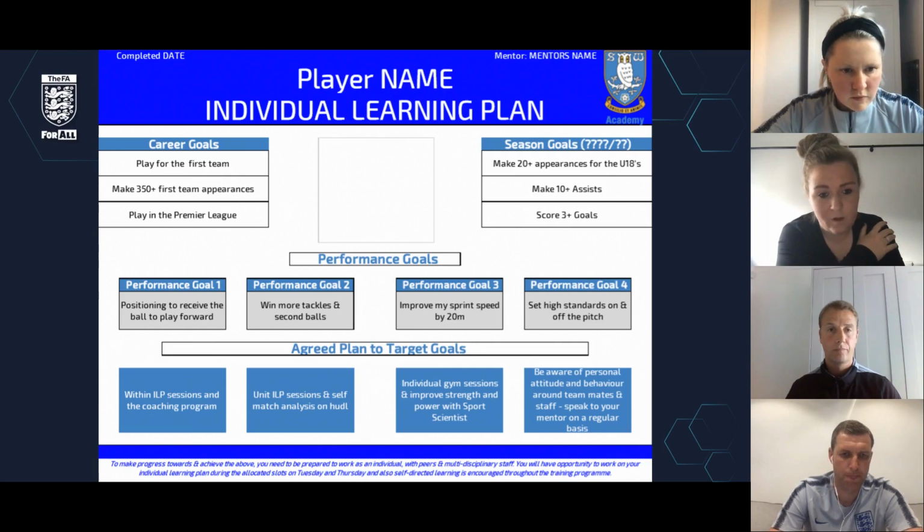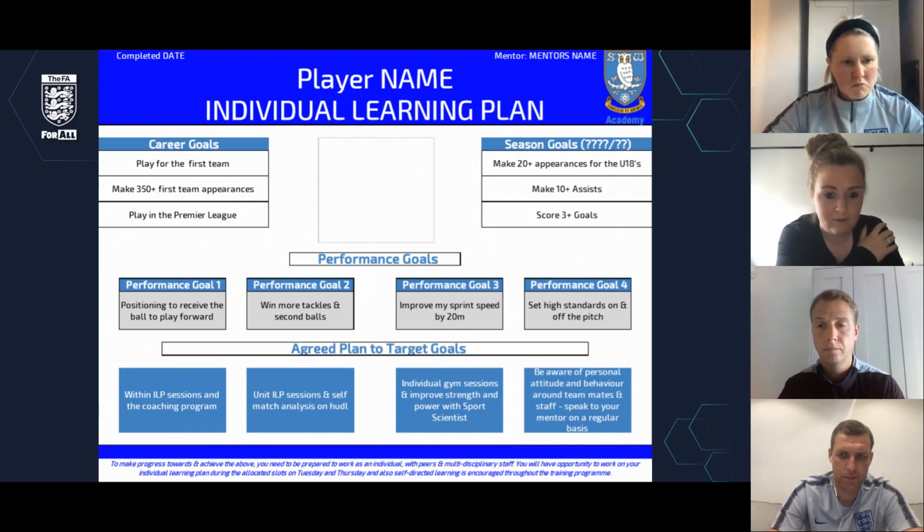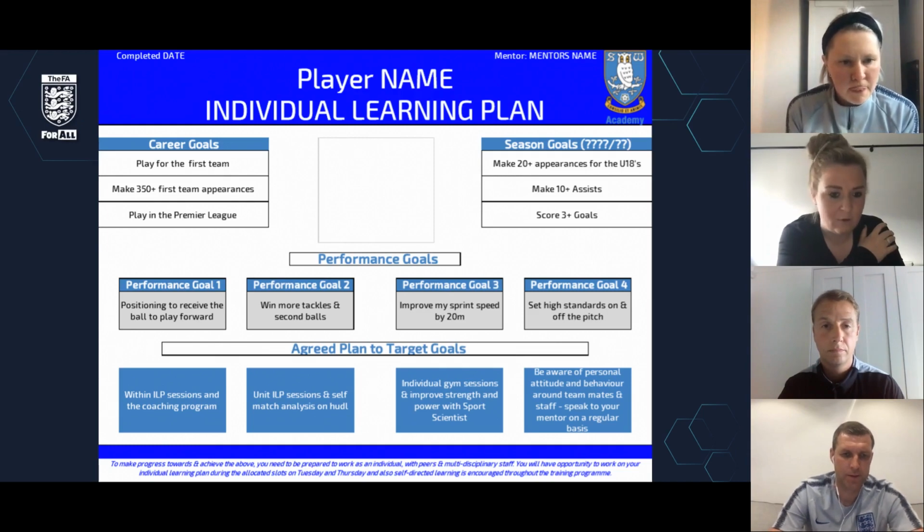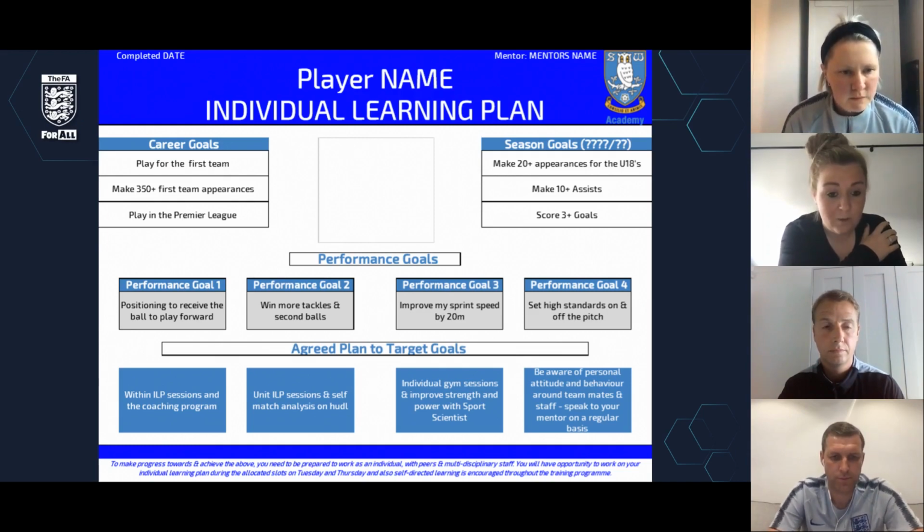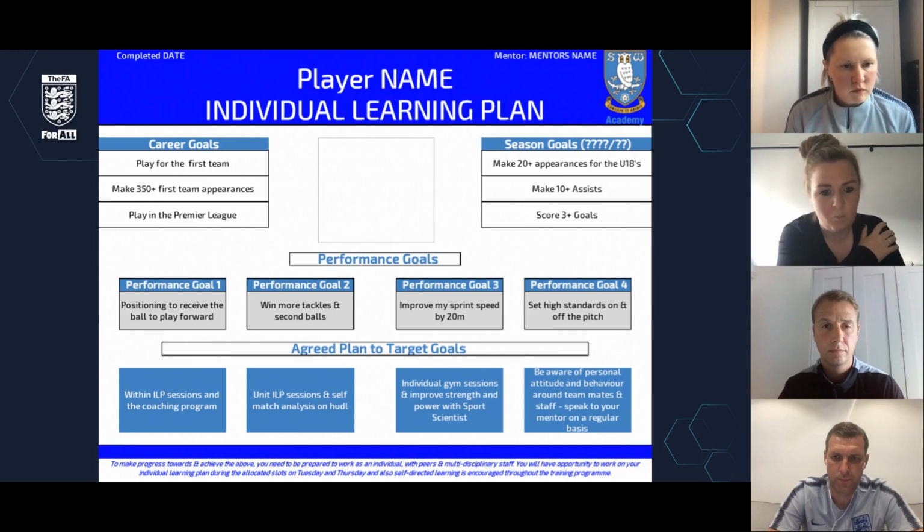Certainly the work our analyst does with the data after a game helps because you can show them. But I think ultimately the analysis is key. They get their individual clips, and until they can see it and you can talk through their clips, you get them to feed back what they're seeing and what they're thinking and what they're feeling, because ultimately,